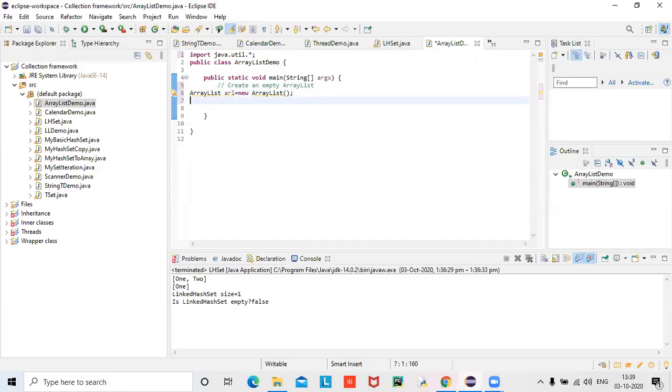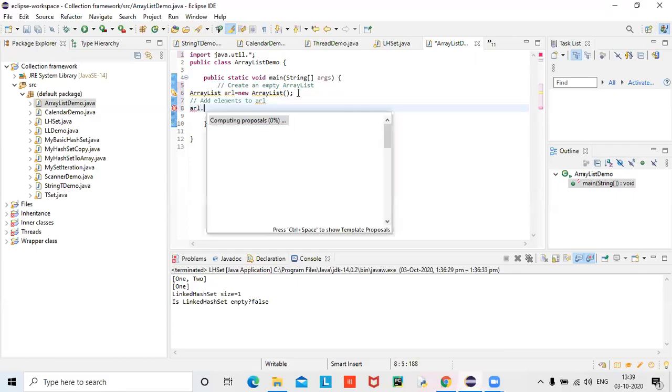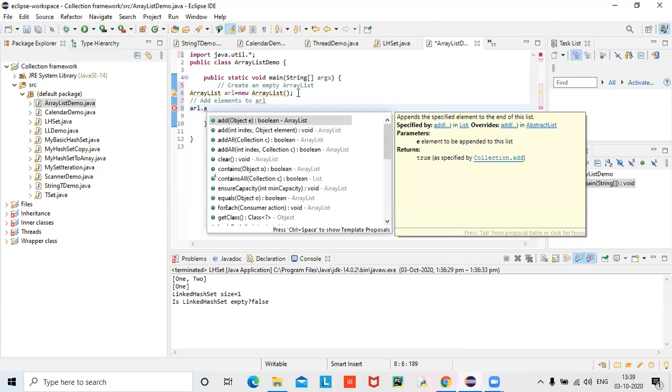Now next step: add elements to ARL. ARL is the object now. So how to add? ARL dot add, same method.